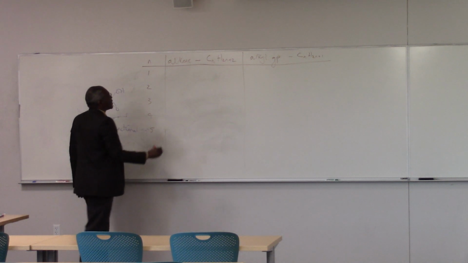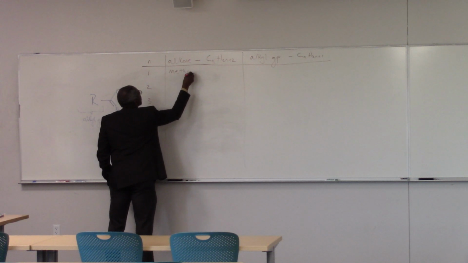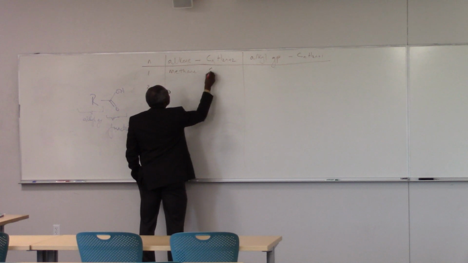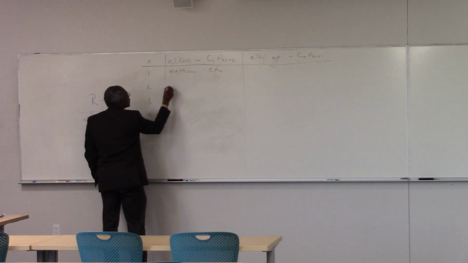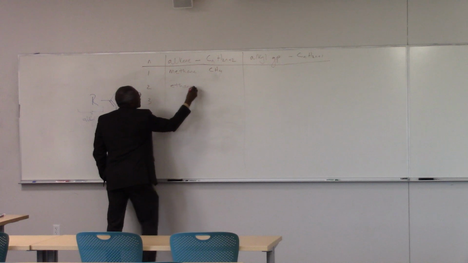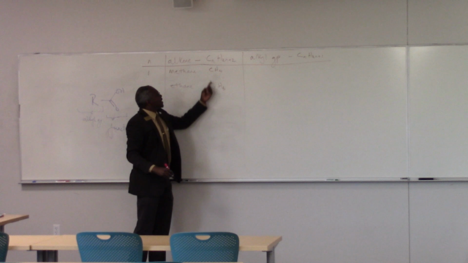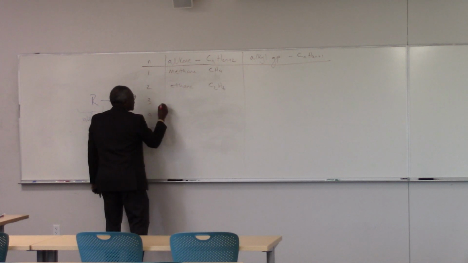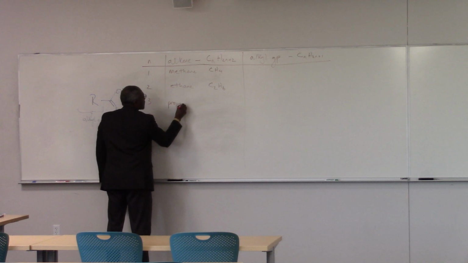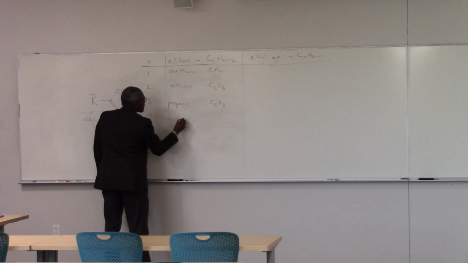If n is equal to 1, then this is going to be what's called methane. And the formula will be CH4. So C1, H: 2 times 1 is 2, plus 2 is 4. When n is 2, it's called ethane, and that's C2H6. 2 times 2 is 4, plus 2 is 6. When n is 3, it's called propane, and that's C3H8. And then butane,